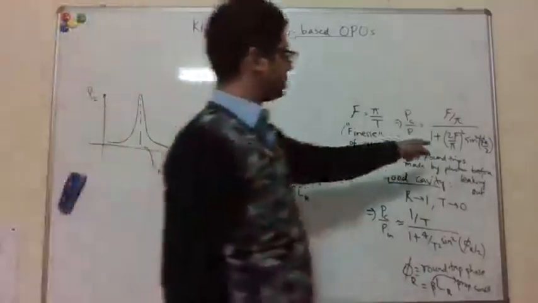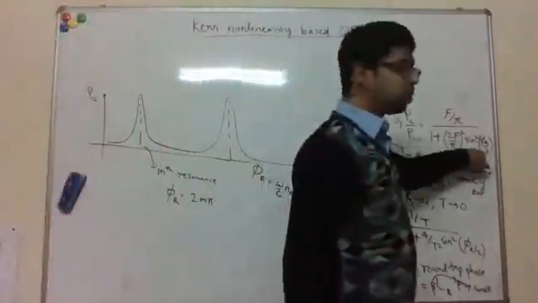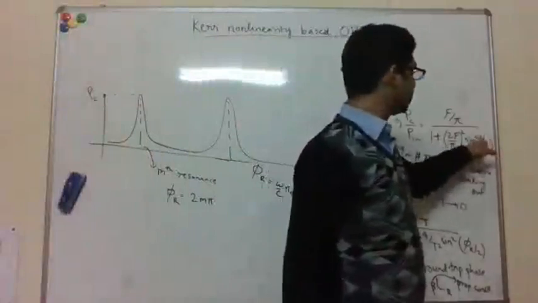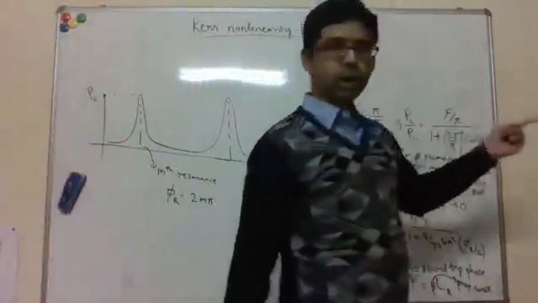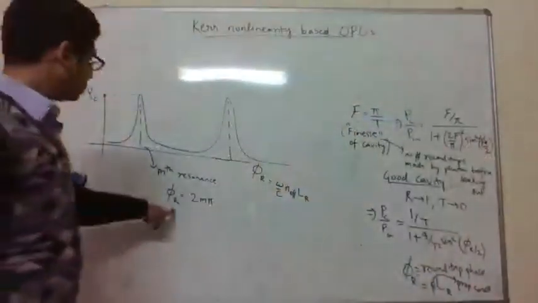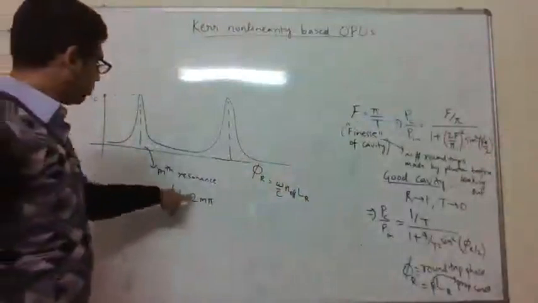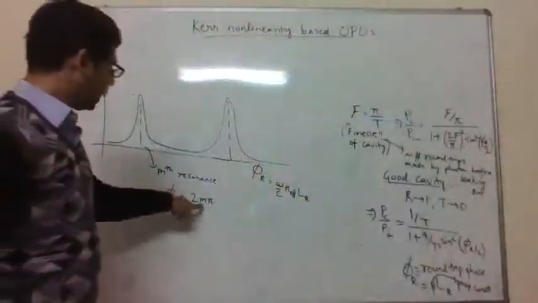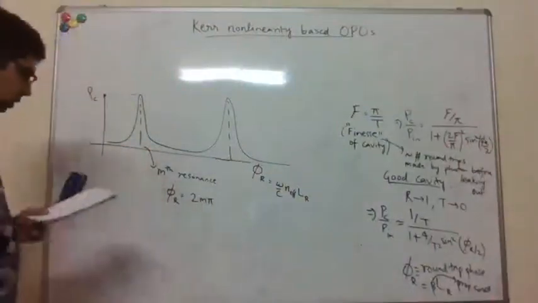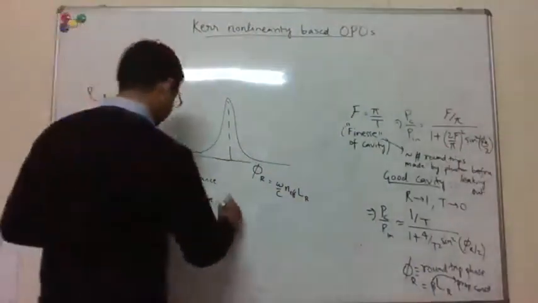Okay, so we have phi r by 2 here. Whenever this argument becomes a multiple of pi, which means phi r is a multiple of 2 pi, then this factor becomes 0 and you get power enhancement. So if we look at the mth resonance, that means the mth multiple of 2 pi is the round trip phase, right? So this means that the condition is